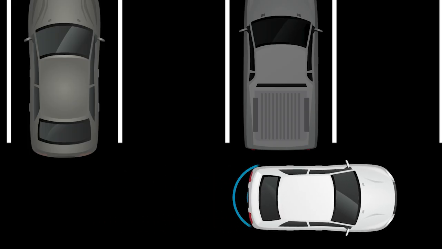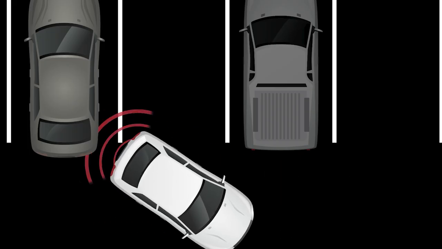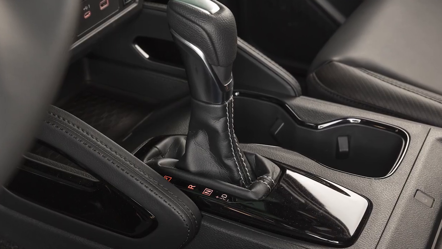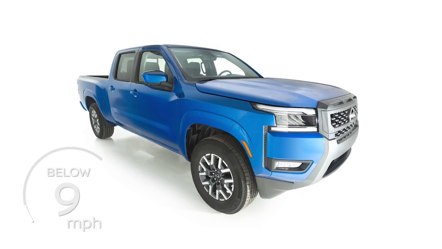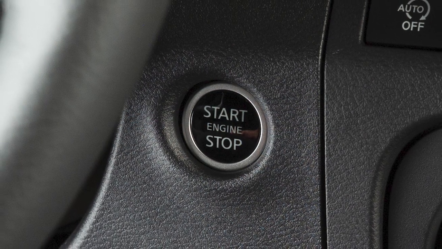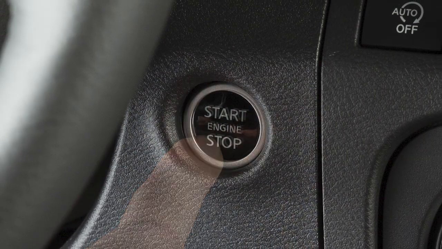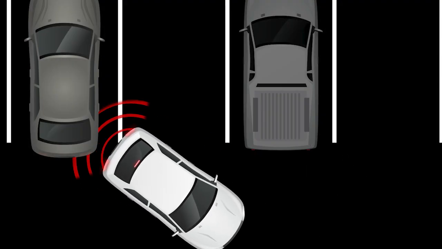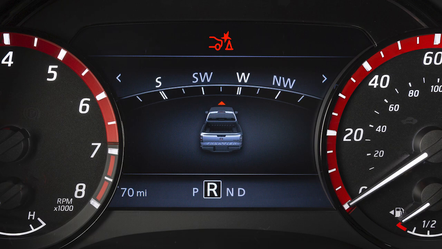The rear automatic braking, or RAB system, can assist the driver when the vehicle is backing up. RAB operates when the shift lever is in the reverse position and the vehicle speed is less than approximately 9 miles per hour. The system will be automatically turned on every time the ignition switch is placed in the on position. If a risk of a collision with an obstacle is detected when your vehicle is backing up, the RAB